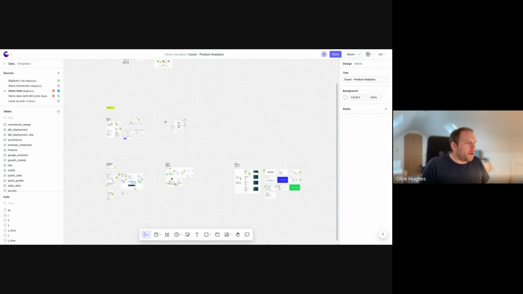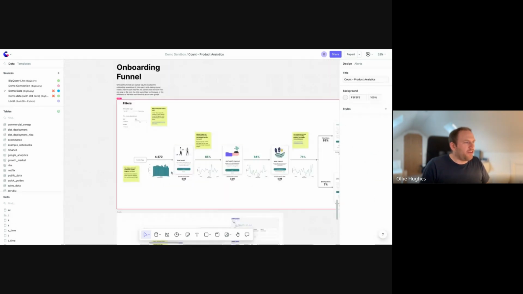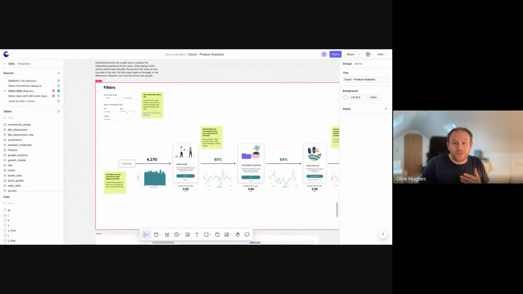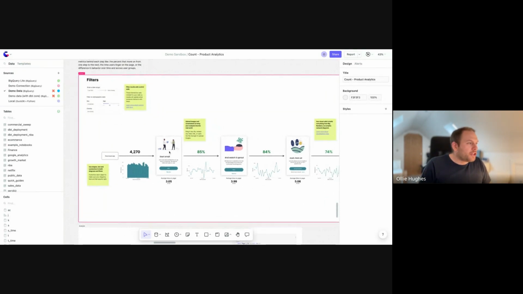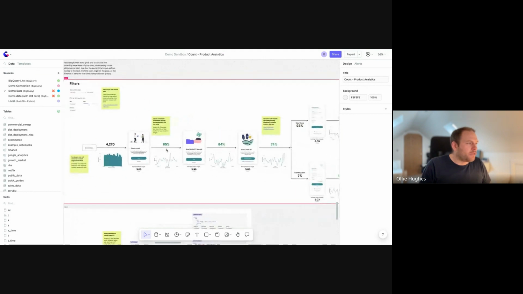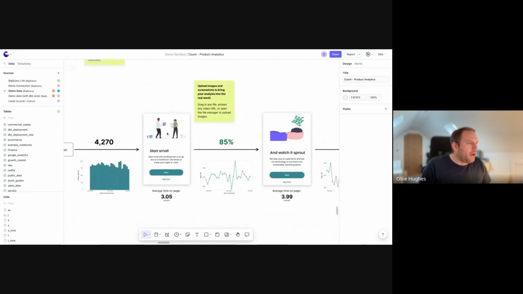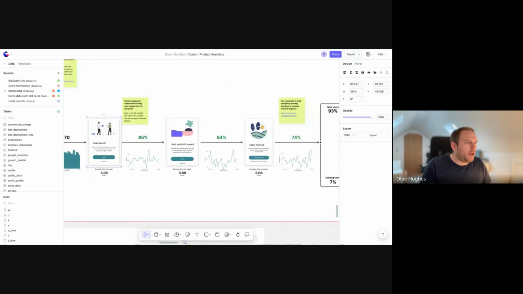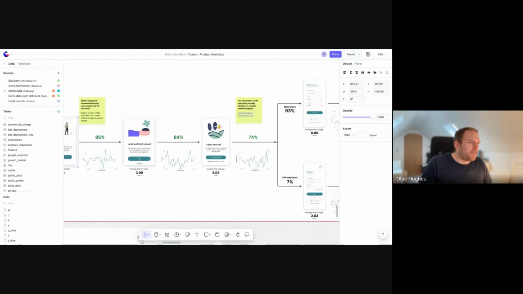The first one I want to start with is actually my favorite, the onboarding funnel. Now, this is a very, very common, regularly used use case in product generally, mapping out a user journey, showing the path a user takes through a UI. In this case, this is the onboarding journey for a mobile app where someone's logging in for the first time.